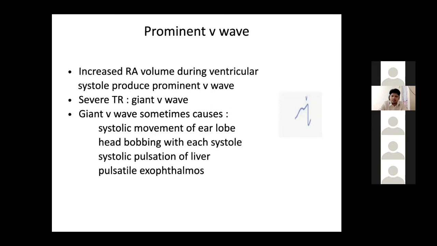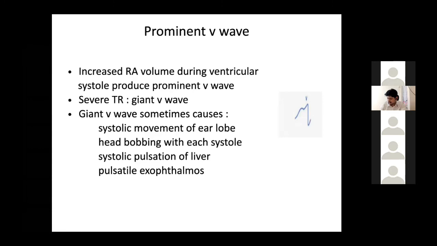Now the V wave, which is an important wave. When anybody asks you about the V wave, the only answer which will come from your mouth is tricuspid regurgitation. Actually, it's correct. One of the important markers of severe tricuspid regurgitation is a prominent V wave. You will be asked in the examination why you said severe TR. Apart from the prominent V waves, you also have hepatic pulsations or pre-systolic pulsations. You have ascites, you have pedal edema. So all this says that the TR is severe.